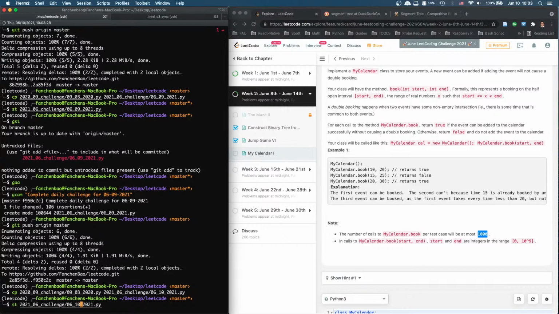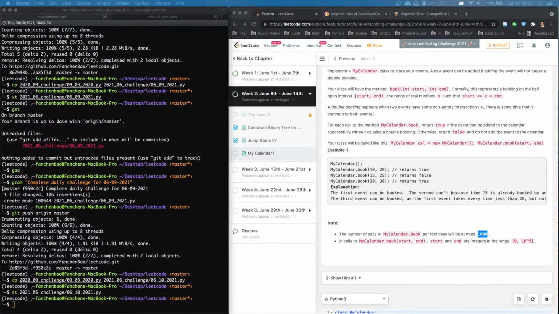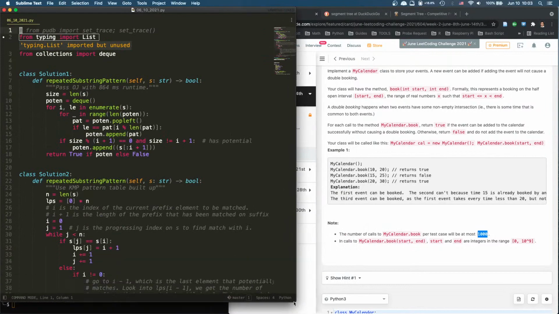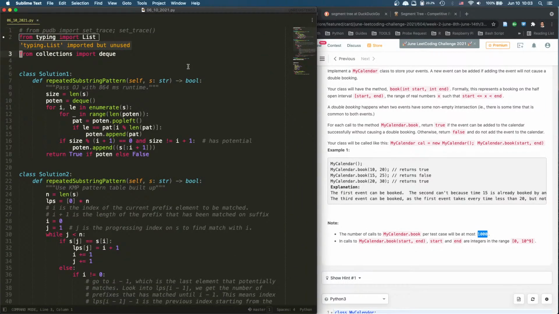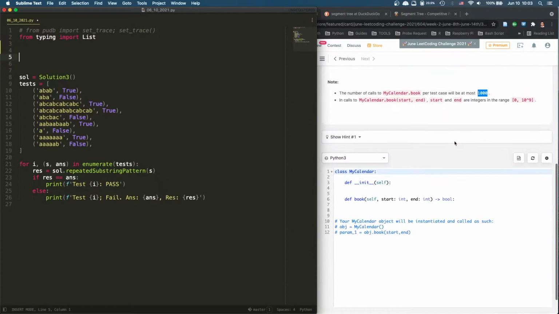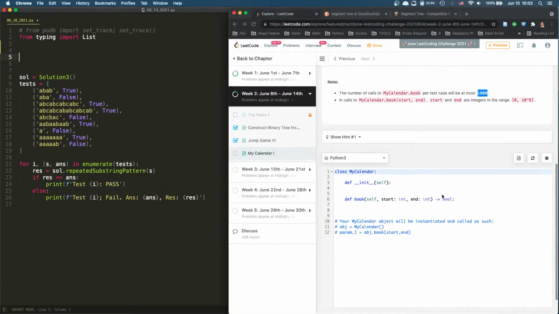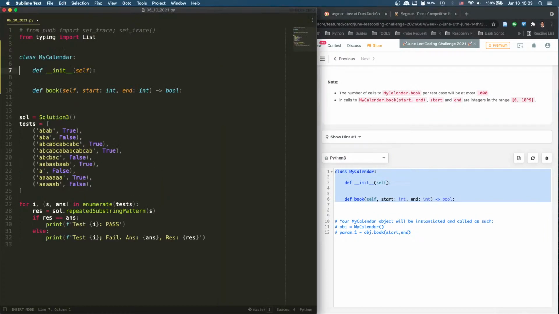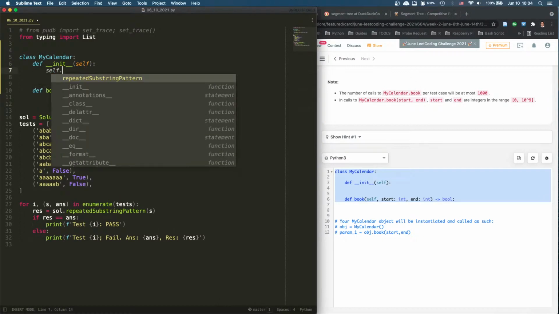You can expect that we could make this at most 10,000, and then the simple solution won't work. It's an O(n) check per call, so O(n squared) overall. A naive O(n squared) solution. But for our current purpose, let's just get it done, and then we think about how we can improve on it. So to do this, we need self dot